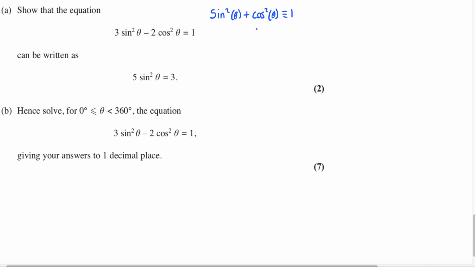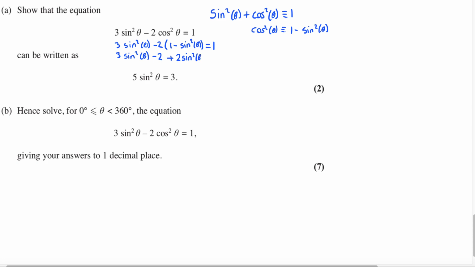So I'm going to rearrange this identity to say that cos squared theta is identical to 1 minus sine squared theta. So now I'm going to replace cos squared theta with 1 minus sine squared theta. So that becomes 3 sine squared theta minus 2 times 1 minus sine squared theta. And that equals 1. All right, and then we have 3 sine squared theta minus 2